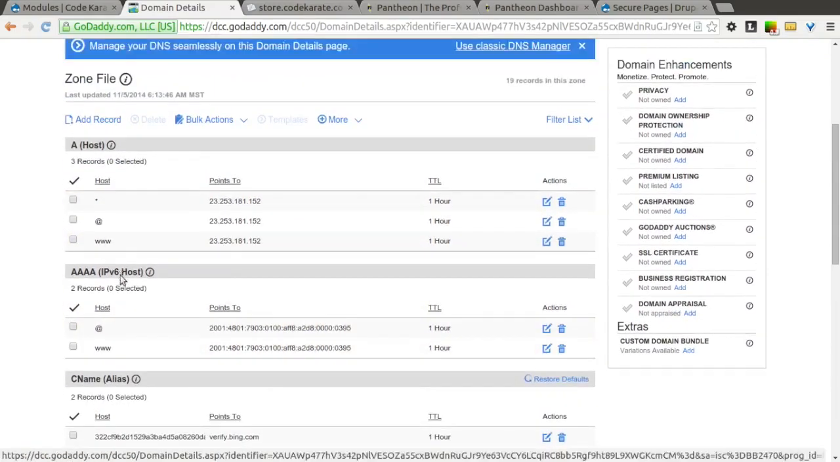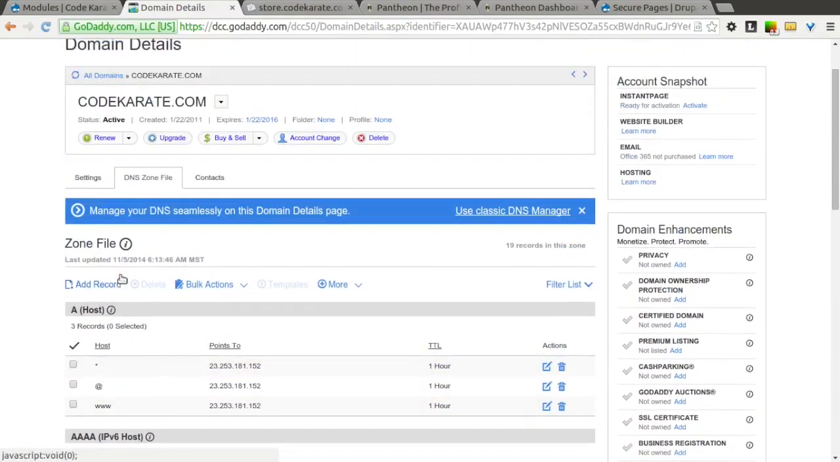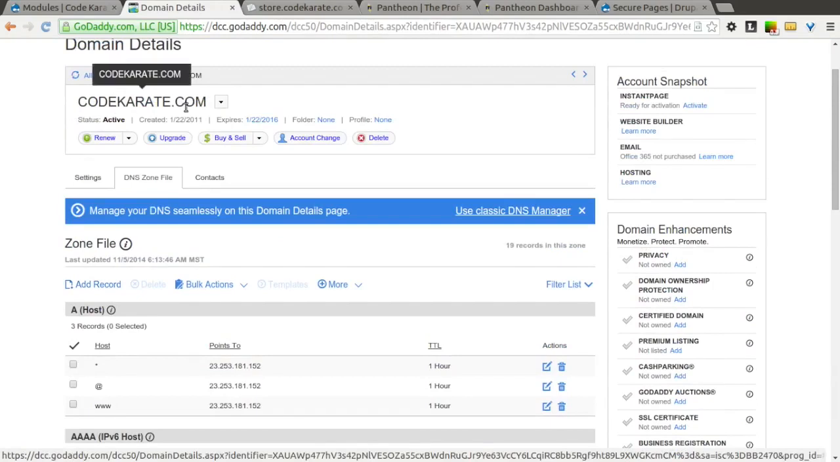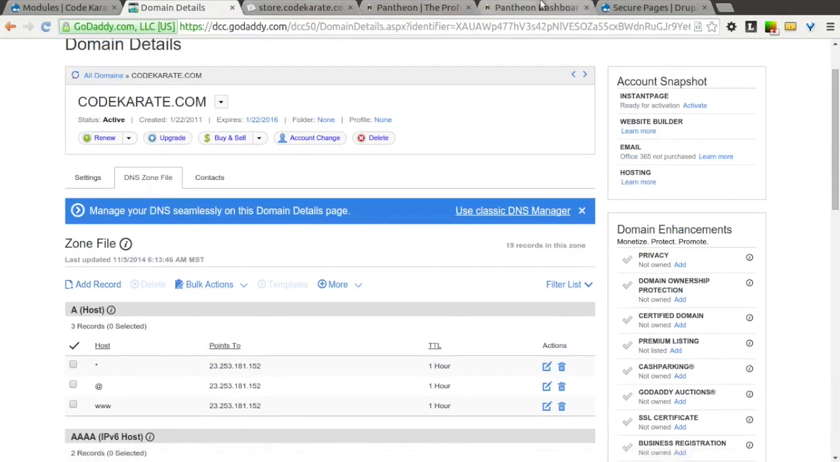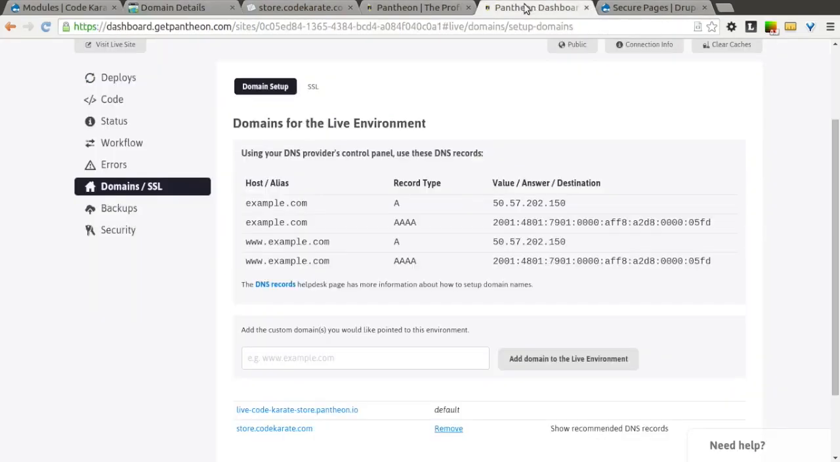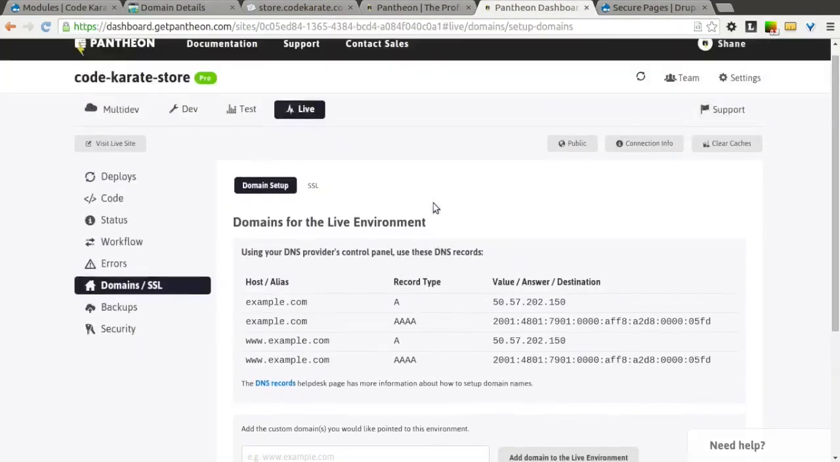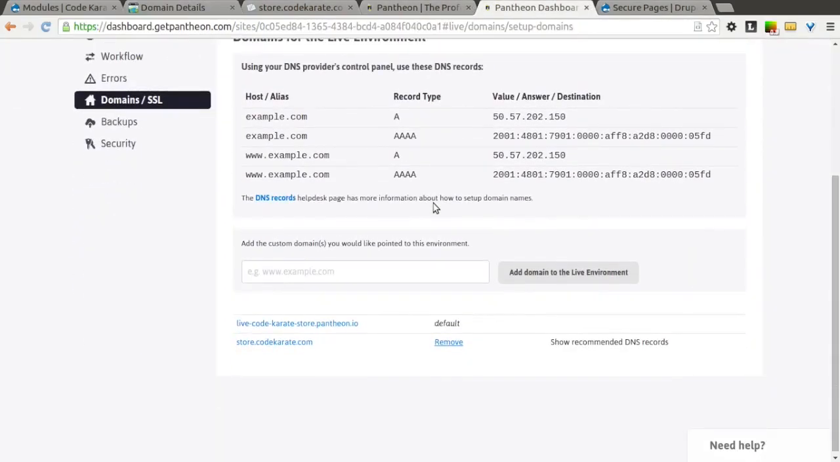And you have to keep in mind that we're using store.codekarate.com as our actual e-commerce store. You may be using your full domain name and not have anything in front of it like we are going to have. So you'll want to come back into your Pantheon account, and here it's going to tell you these fields for the different types of records that you're going to want. In this case, we're going to copy this IP address,